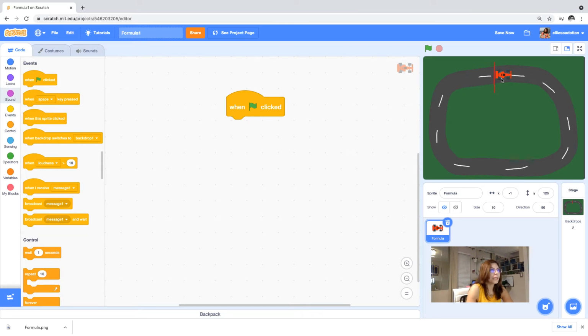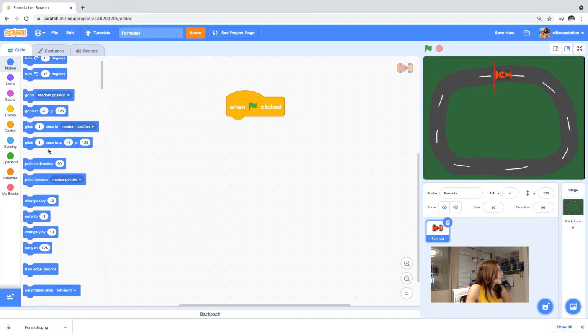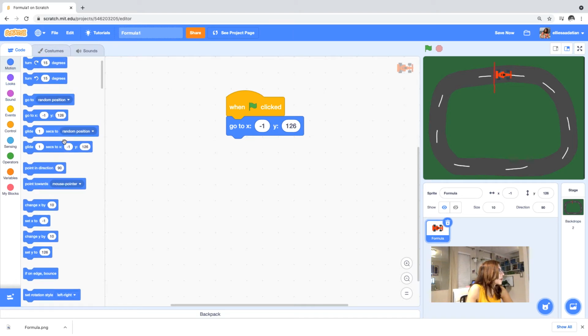And by putting it here, I've already set the location of X and Y, so I only need to drag this, go to -126, which is where the car is right now, and I also want it to point in the right direction,